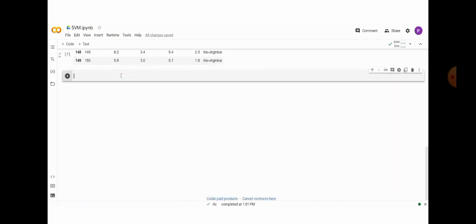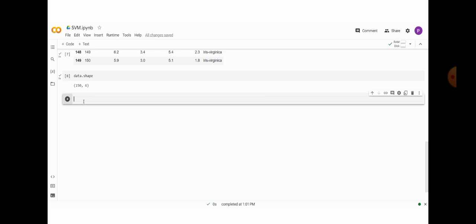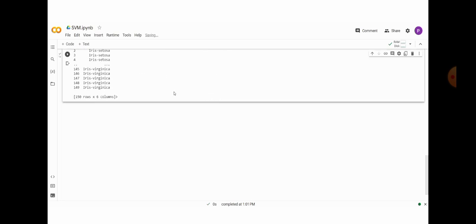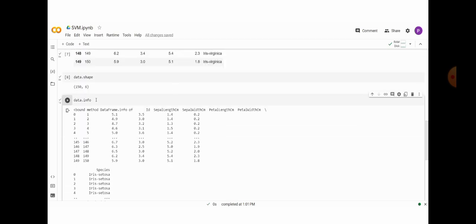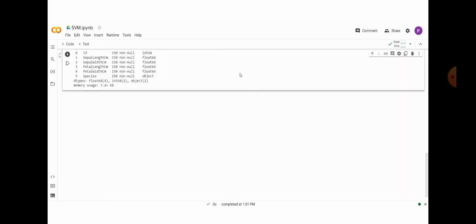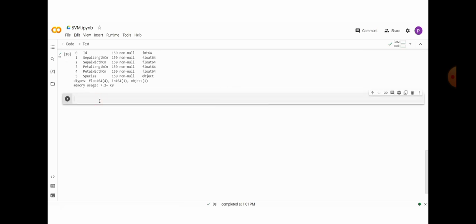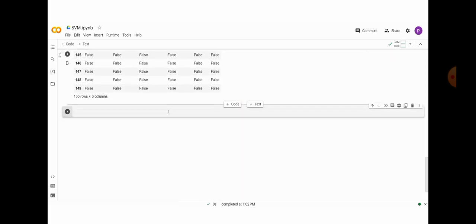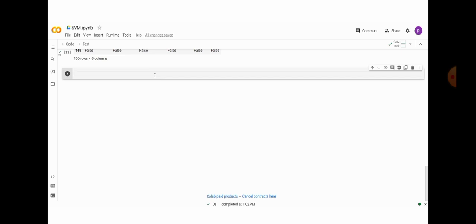and then data.shape. It shows the rows and columns of our dataset, 150 rows and 6 columns. data.info shows the data types and columns of our dataset. And now data.isnull function, removing any leading or trailing spaces in column names using